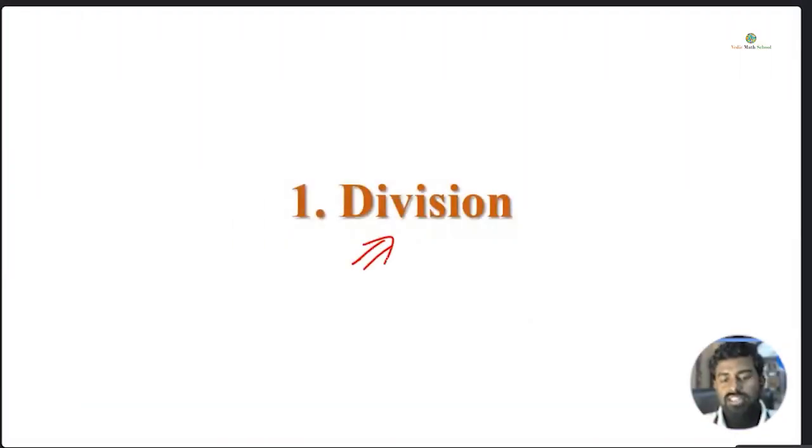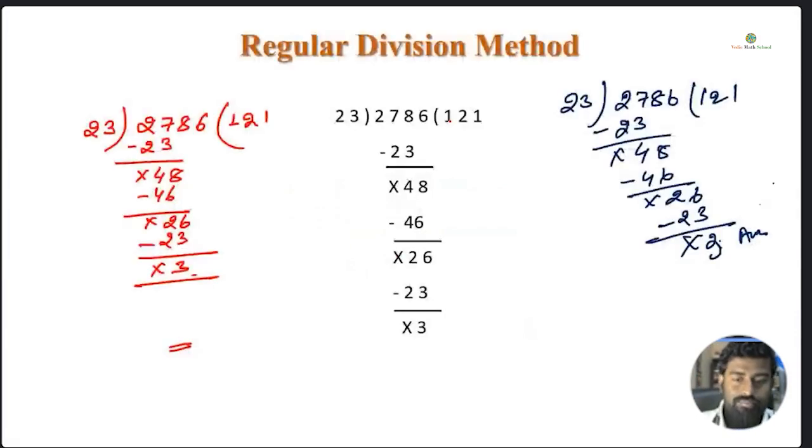Division. Vedic method of division we are going to discuss. Okay, now this is a regular division method. Now what is the problem with this method? The problem is when your number is bigger than one digit. If you have a one-digit number like 1, 2, 3, those tables are very easy and you can easily guess the numbers. When you are writing a number like 23 or 68, 63, so these tables you